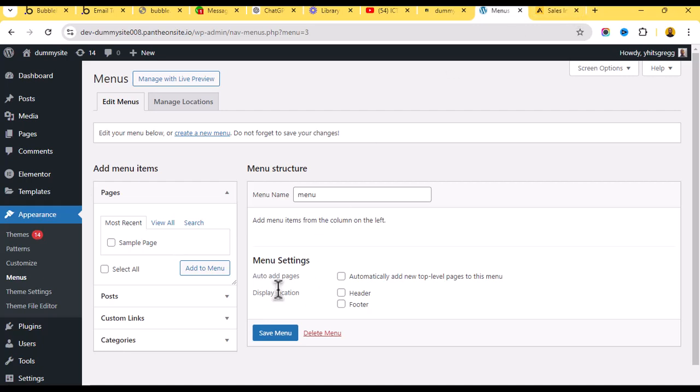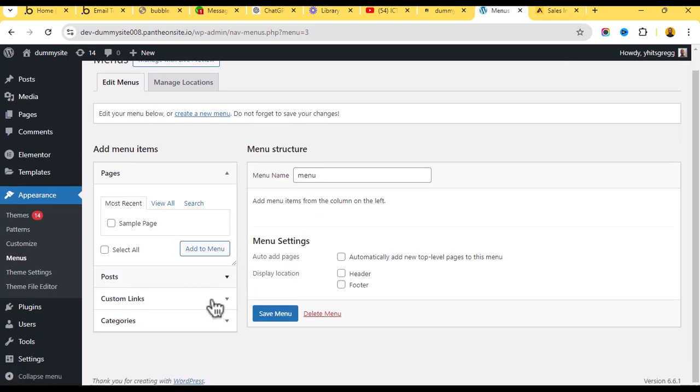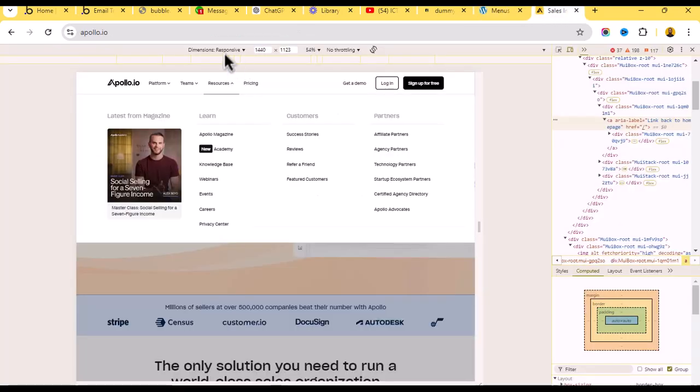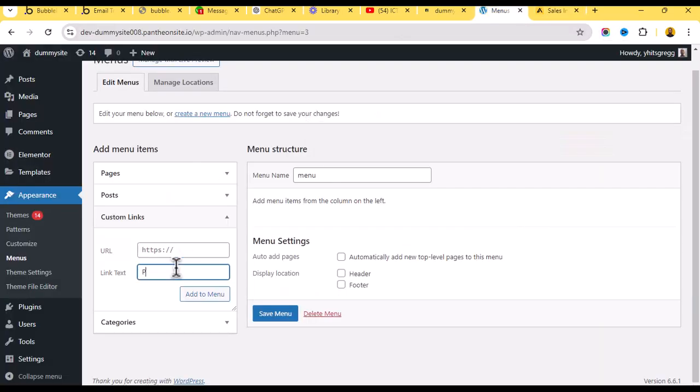But I'm not trying to create a page, so I can just easily use something like custom links. So let me use custom links. Let's say, so what are the names of this? So we have platform, themes, resources, pricing. So I'll create custom links for each of these 4 things. So platform, I'll call this platform,